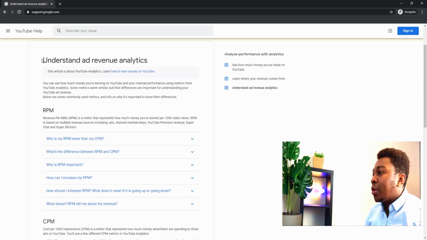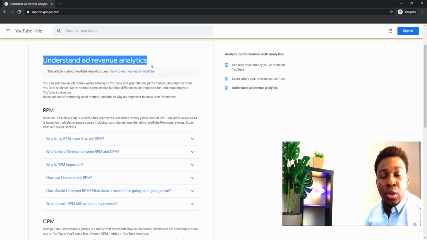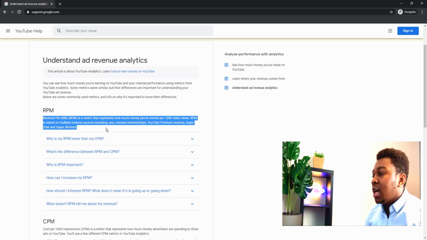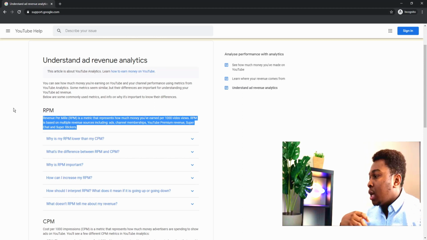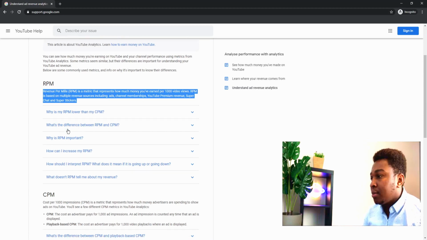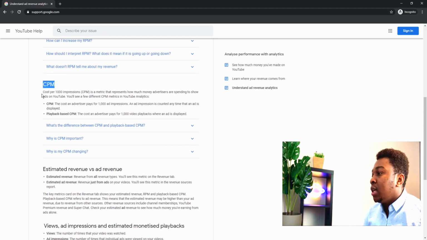So we want to understand ad revenue analytics. To have a better understanding of how it works, you need to know RPM and CPM. RPM, as is defined here, is a metric that represents how much money you earn per 1,000 video views. RPM is based on multiple revenue sources, including ads, channel membership, YouTube Premium revenue, Super Chat, and Super Stickers. It is the money that the YouTuber earns. Whereas CPM, which is the cost per 1,000 impressions,